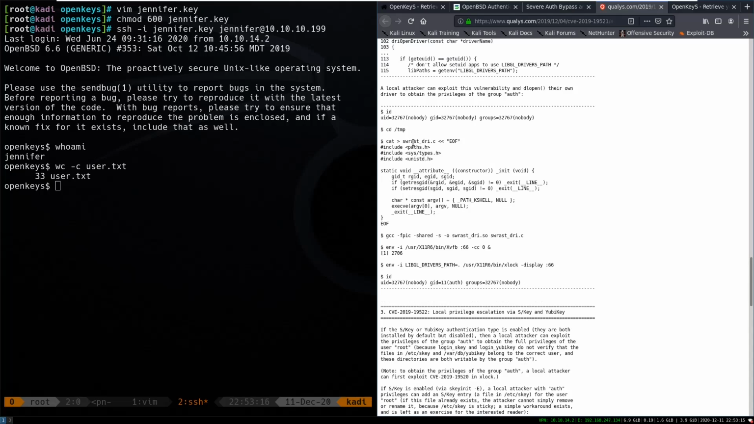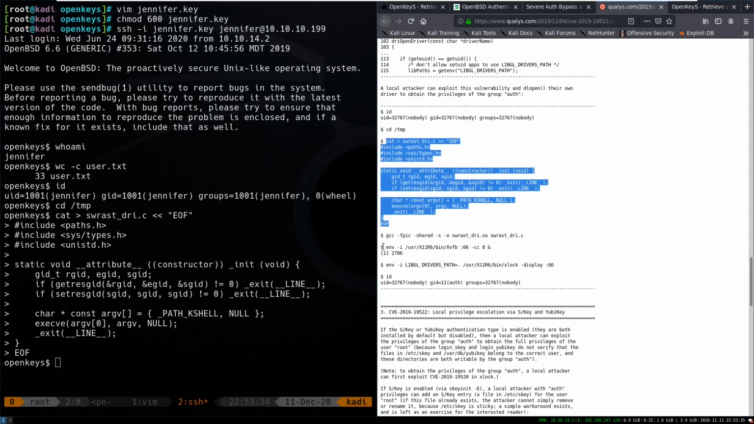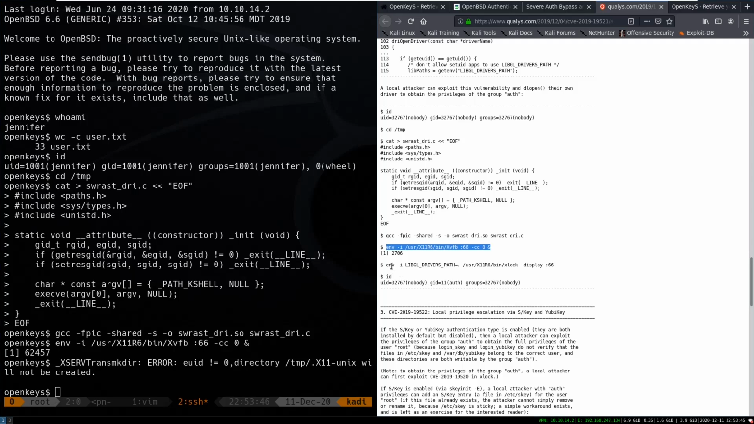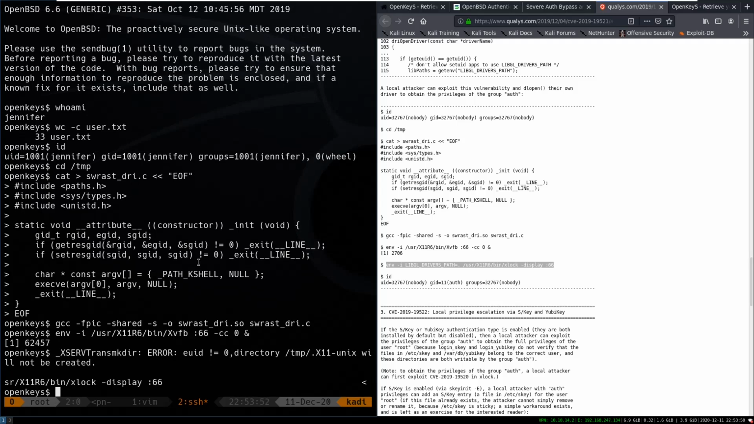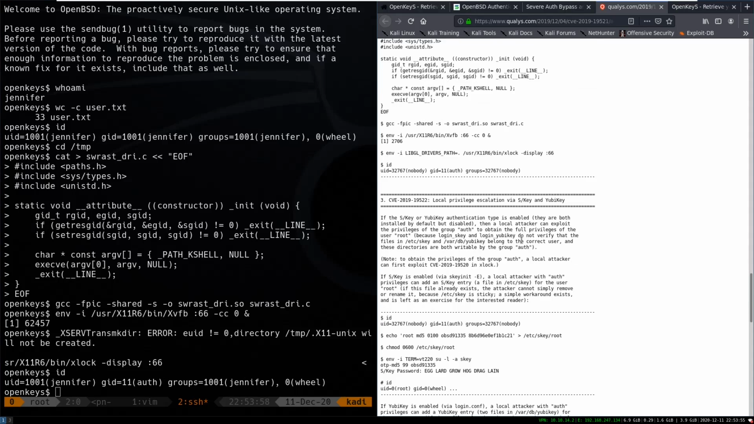So first we need to see if we're a member of the auth group, which we're not. We are a member of the wheel group though. So if we go into tmp, we can just copy this proof of concept, compile it, run this, and run this, and id, and we are now officially a member of the auth group. So from here we can just follow this next one,